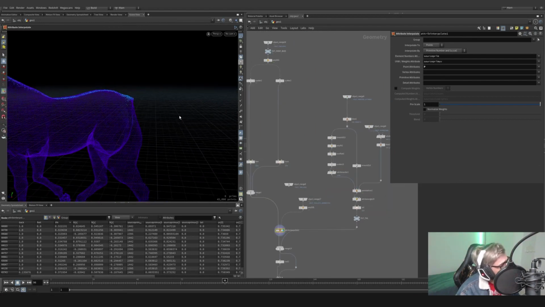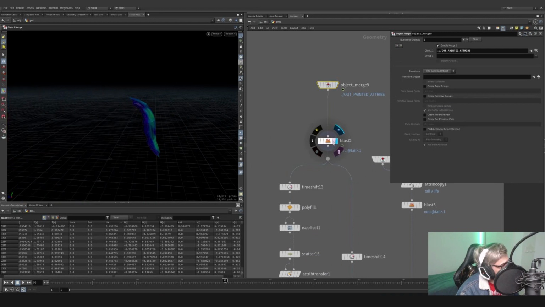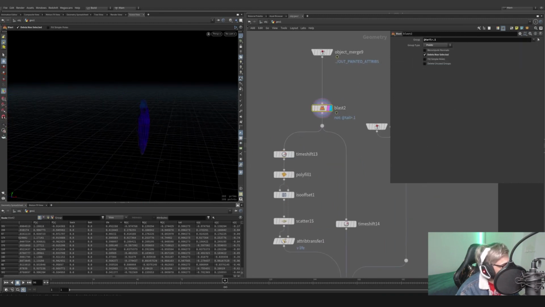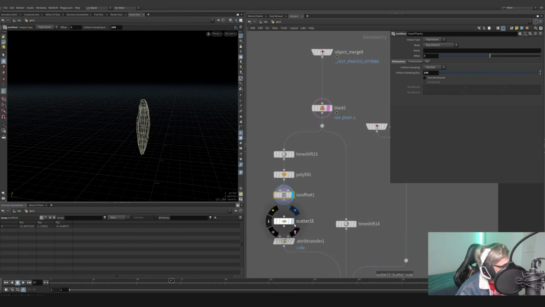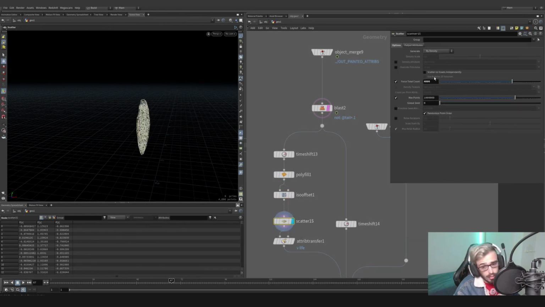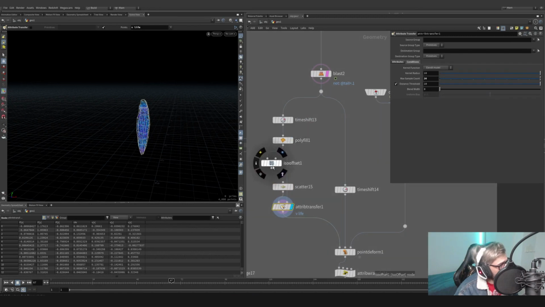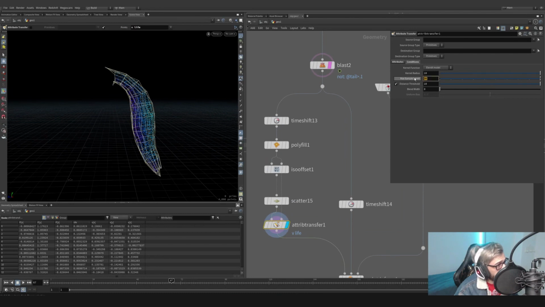Now, as you can see, we are missing the tail. So let's go here. Let's delete everything that's not that. Let's time shift this just in case, because we have a moving live attribute. And let's polyfill, let's ISO offset, and let's scatter a bunch of points. For example, 4,000. Let's transfer from our polyfill our values. And remember, play with this max sample count. If you have not so many, we're going to have a harsh